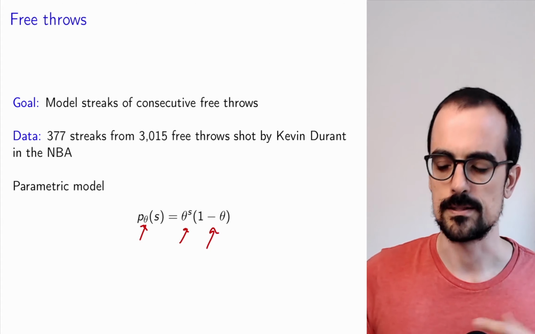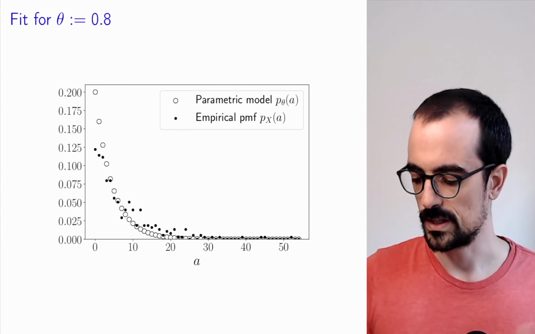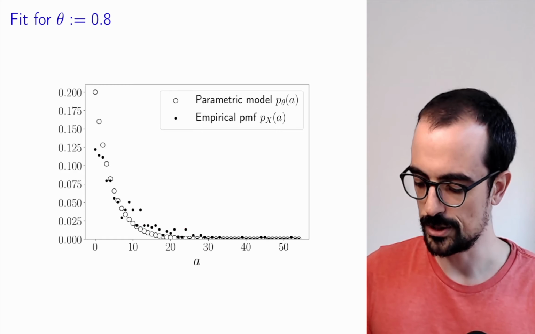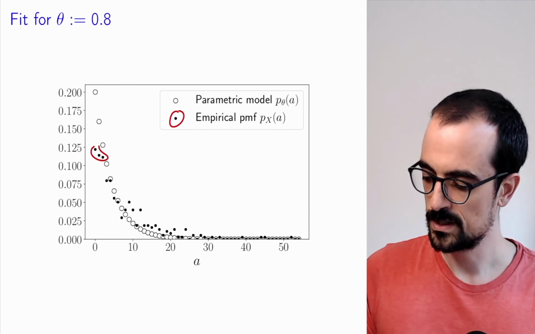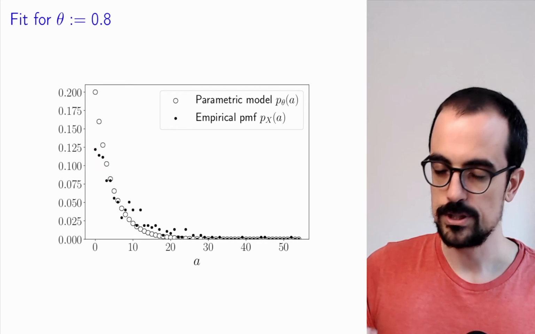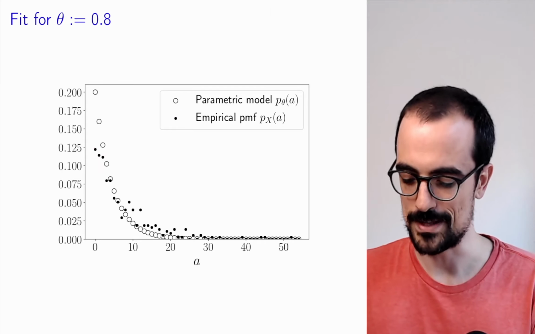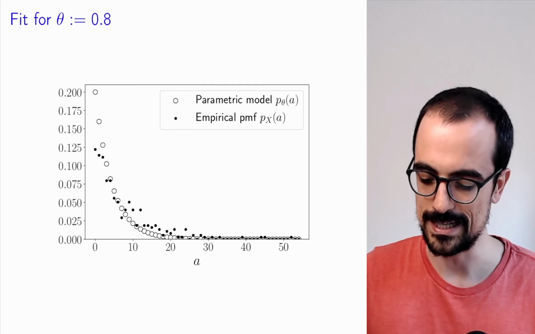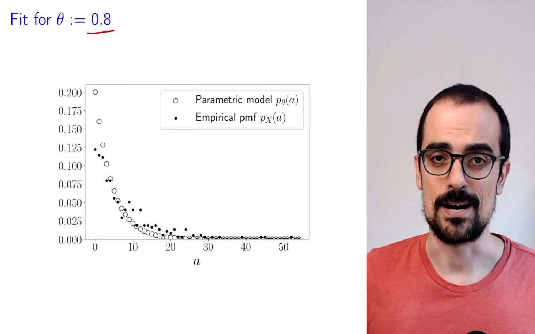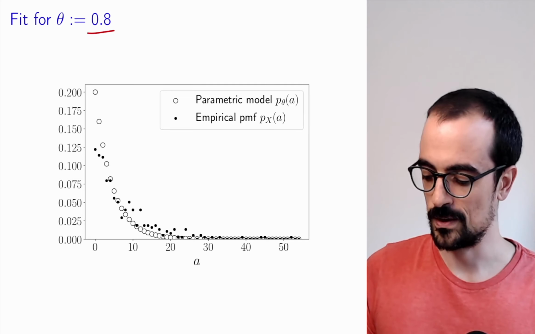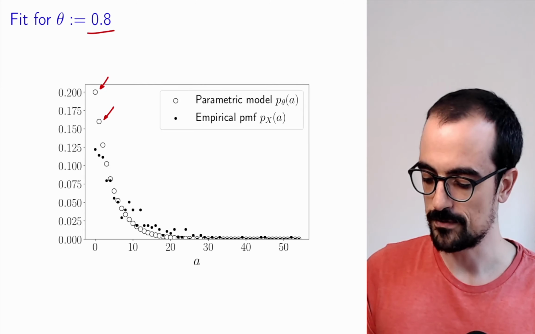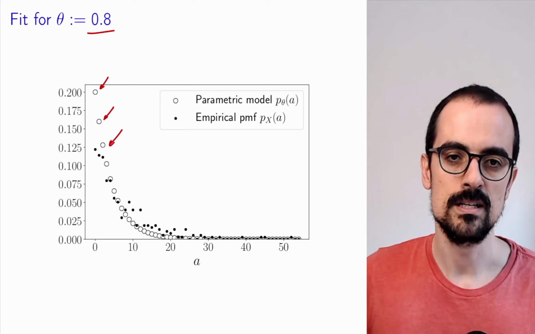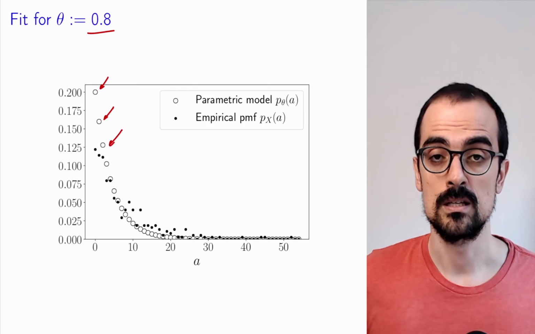So now what happens? Well, if we look at the data, here I'm showing you the empirical PMF as these black dots, okay? If we just put any value of the parameter, here for example 0.8, chances are our parametric model is not going to be very good. So here the white circles show you the shape of that PMF that we derived if we just set the